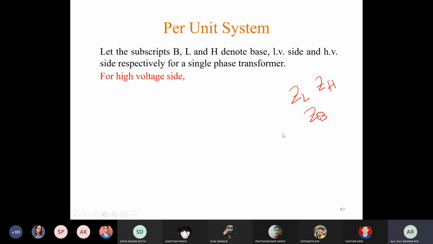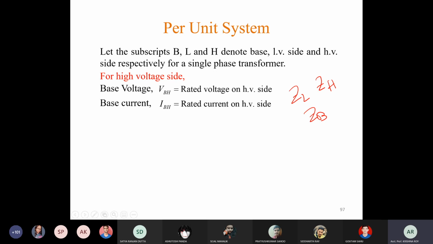Now let us consider the high voltage side first. For the high voltage side, the base voltage is the rated voltage of the transformer. So base voltage is equal to the rated voltage on the high voltage side. It is denoted by VBH. B is to denote base quantity, H means high voltage side parameter. Okay, so VBH is the base voltage of the high voltage side. Okay, base current IBH, same notation,